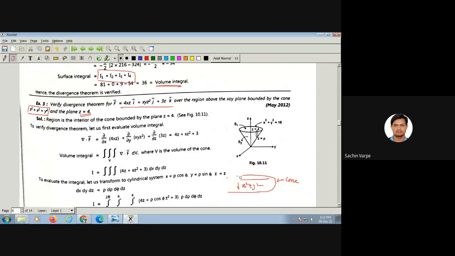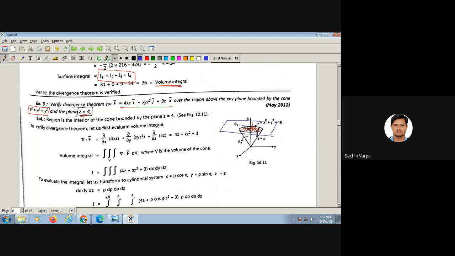Okay, so here a cone is given, and we have the open surface. See, we all know that a cone will be open at top, right? So only we can put the ice cream there, na? Inside the cone, right? So cone is open at top, so that is the only required surface for the calculation. But as we are discussing the divergence theorem, that top must be closed, and that is closed by this plane z equal to 4. Okay, so this is actually at top, this is the plane z equal to 0.